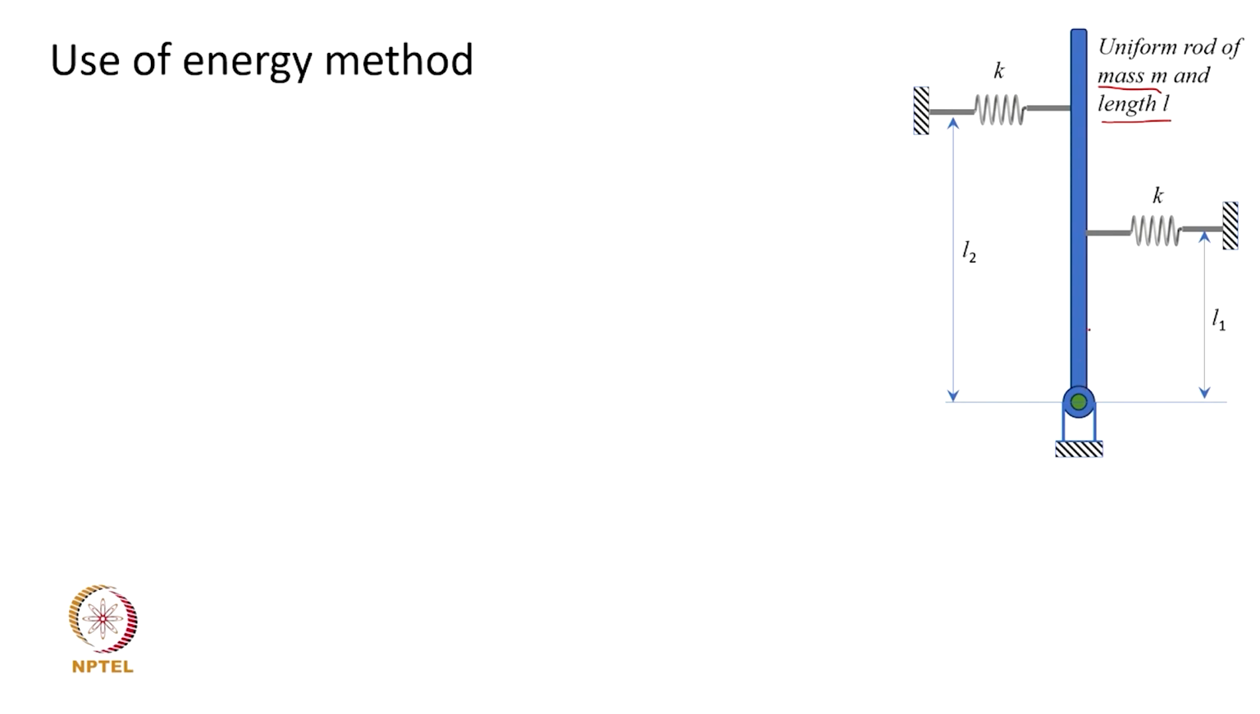This bar is connected to two springs at these locations. So, location A and location B, these are the two springs which are keeping the rod vertically straight. Now, what we want to do is to look at its dynamics once it is disturbed from its equilibrium